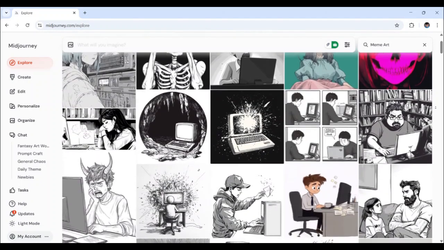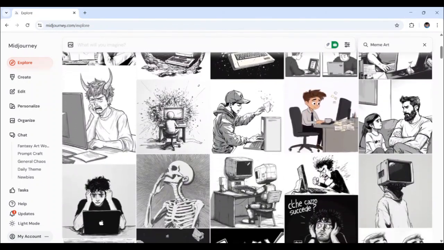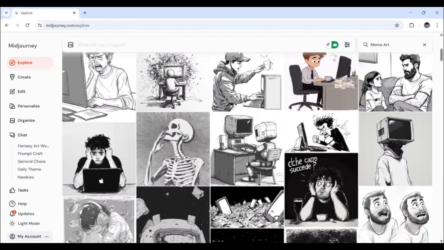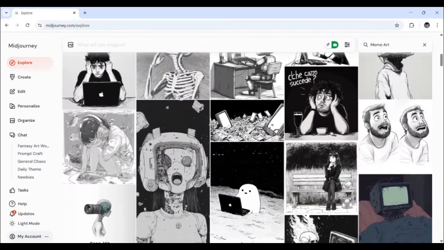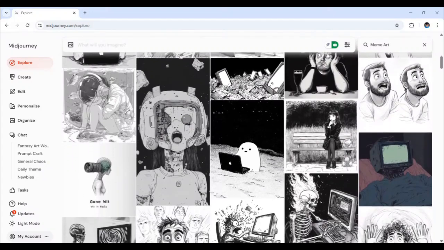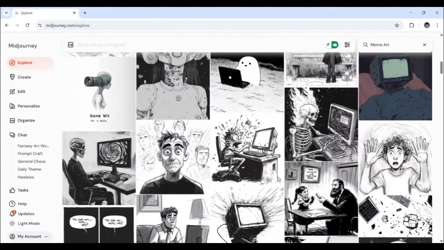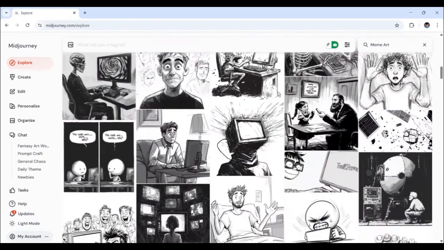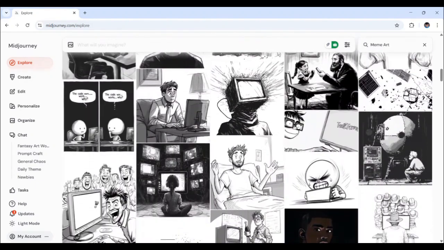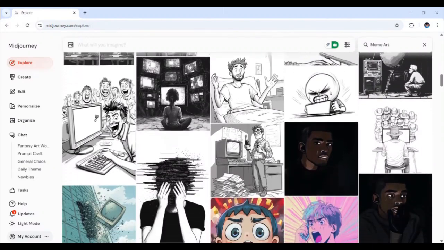Ever had a meme idea that you just couldn't find the perfect image for? Or maybe you want to create something entirely original that breaks the internet? Well, Midjourney is your ultimate meme factory. And today, I'll show you exactly how to craft hilarious meme art that will have your friends and followers rolling with laughter. From absurd characters to exaggerated emotions and out of context scenes, we're diving deep into the meme making